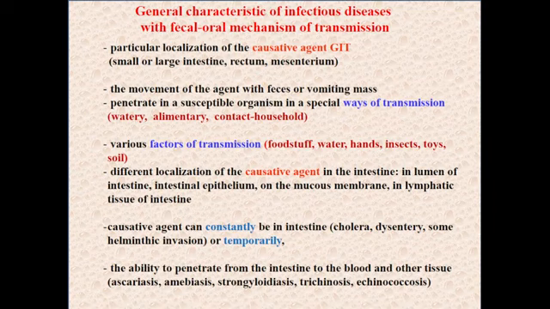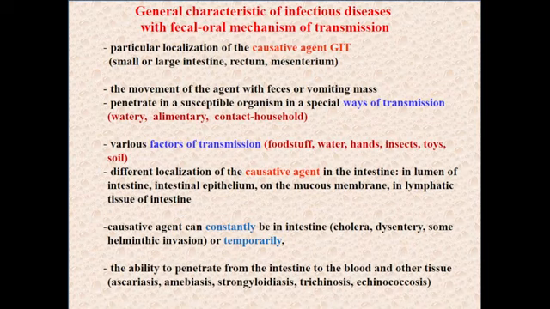The movement of the agent with feces over to the masses, penetrating a susceptible organism by special ways of transmission: water, alimentary, or contact-household. Various factors of transmission, maybe foodstuff, maybe water, maybe dirty hands, maybe insects or toys, we would talk about kids,